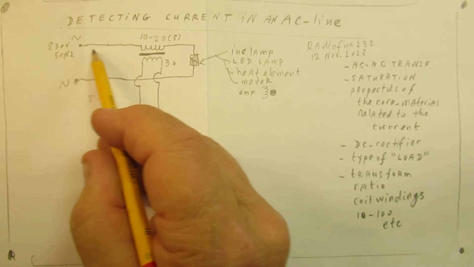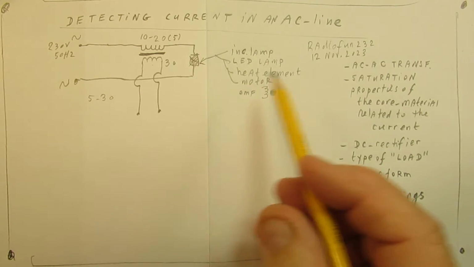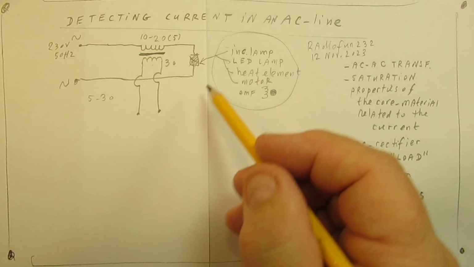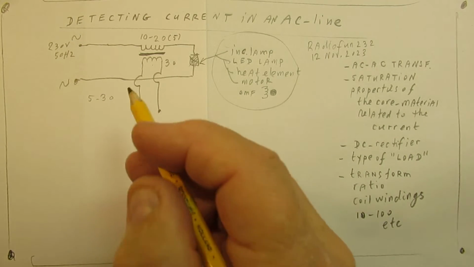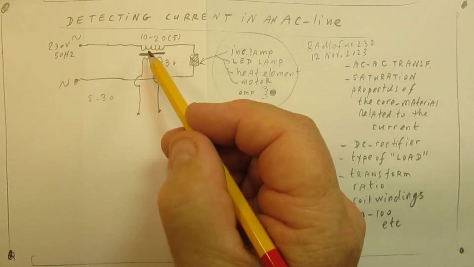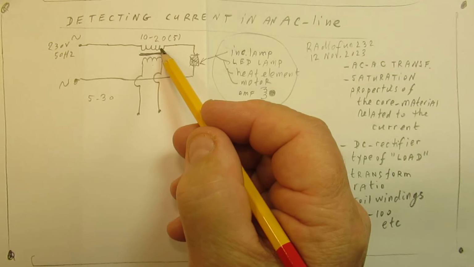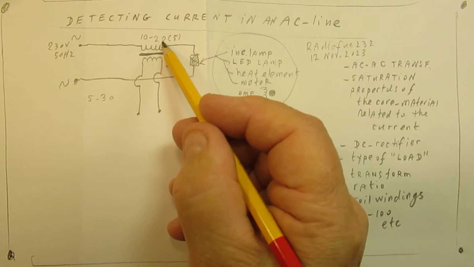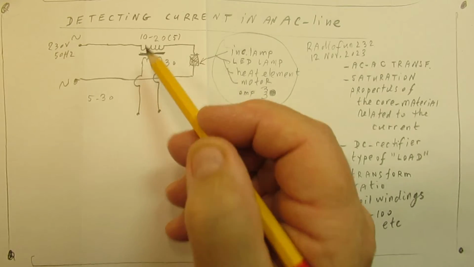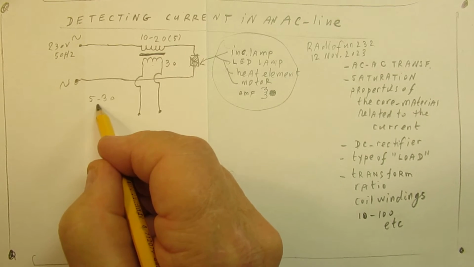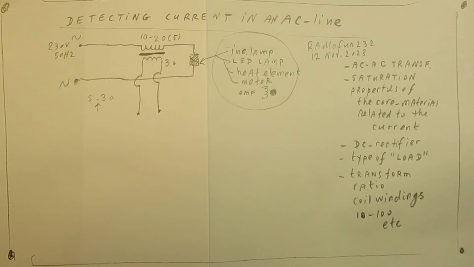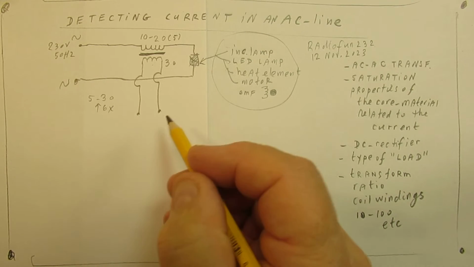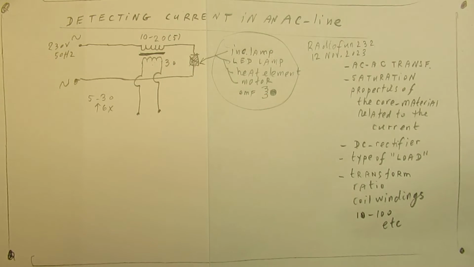When an AC current starts to flow through the load here, an AC voltage is generated parallel to this winding, and that's induced here. So not the amplification factor, but the induction factor is 6 times. You have to test that